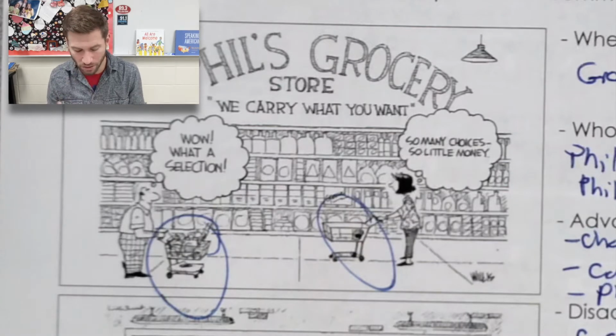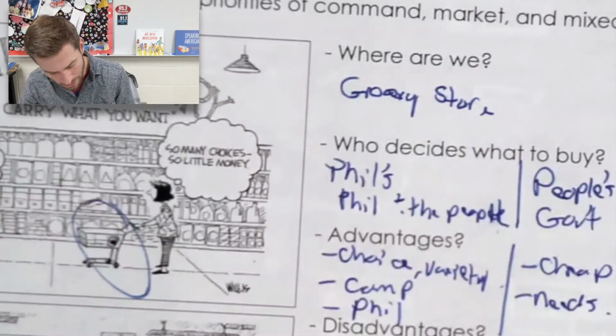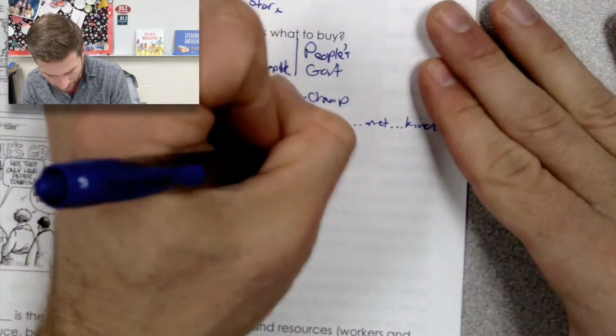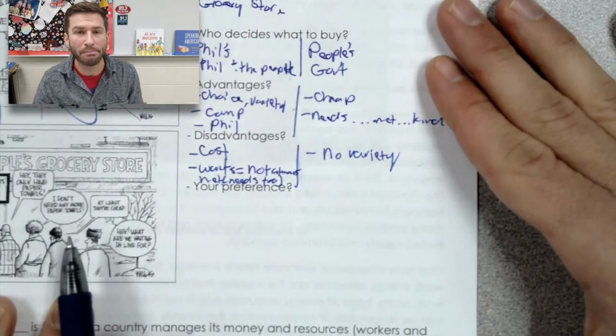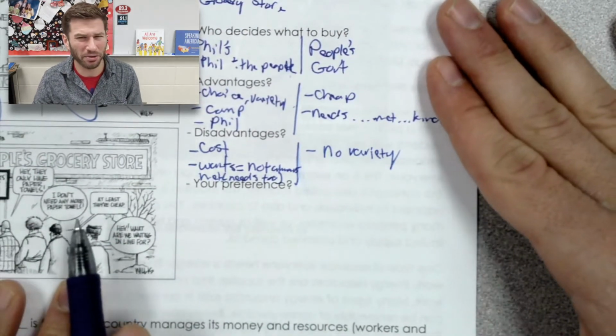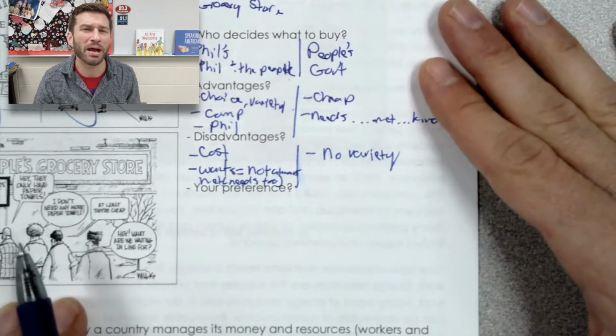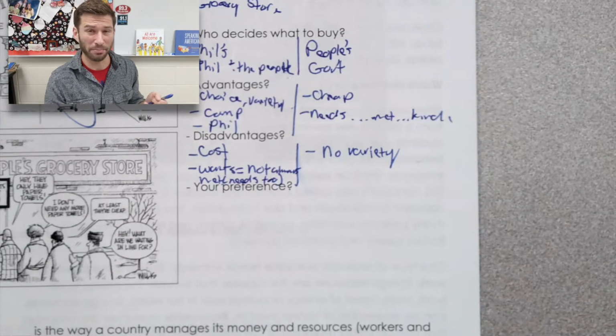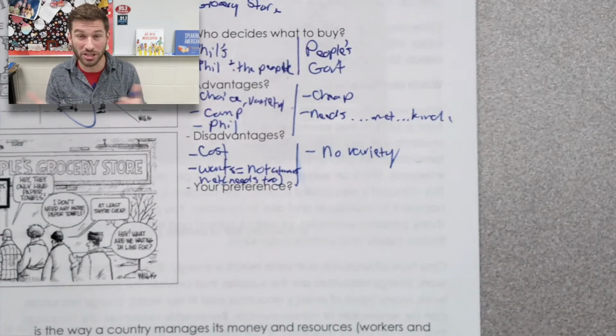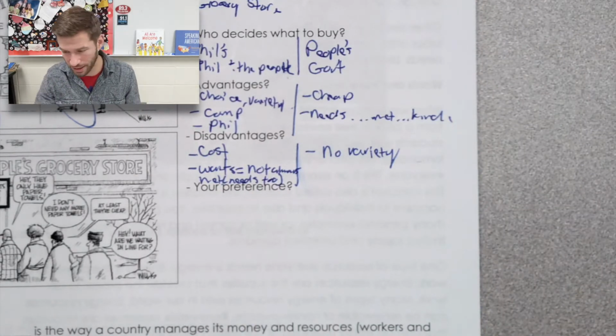And so in the case of Phil's grocery store, a disadvantage, your needs might not be met in addition to your wants. Disadvantages to the People's Grocery Store equals no variety, no choice, no competition. It's just paper towels. And I'm guessing they probably don't even really have a lot of choice in paper towels. It's not like select a size versus big sheet. It's not like multiply versus thin. It's just here's the paper towels you get and that's what you get.